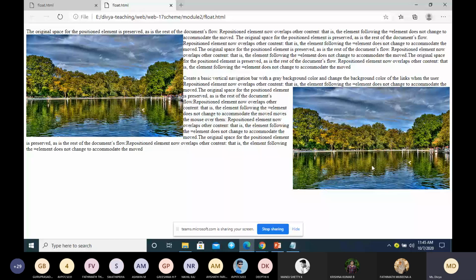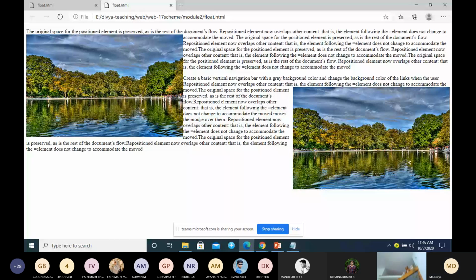So this is one way of arranging the image neatly. With the CSS float option, we can float the image to the left or to the right. And whenever you are using float, you have to clearly specify the width. Here you can neatly give the margin, padding and all if you require. So this is one example.